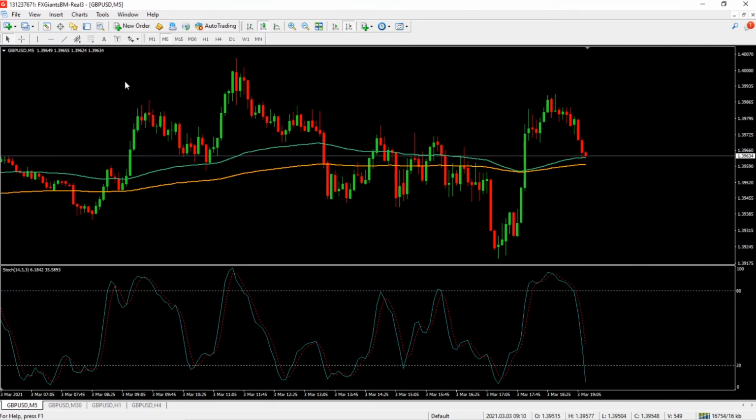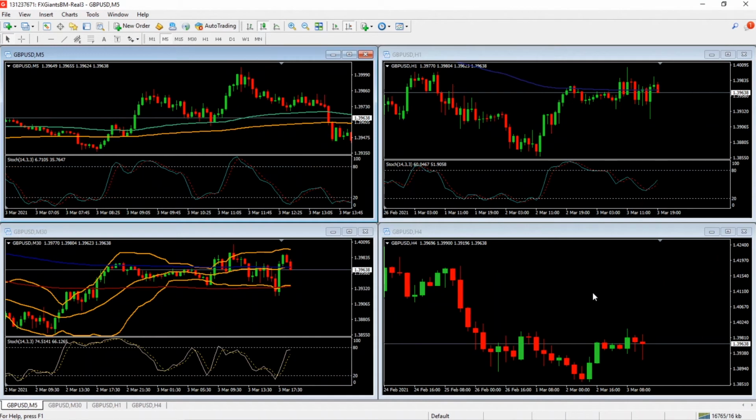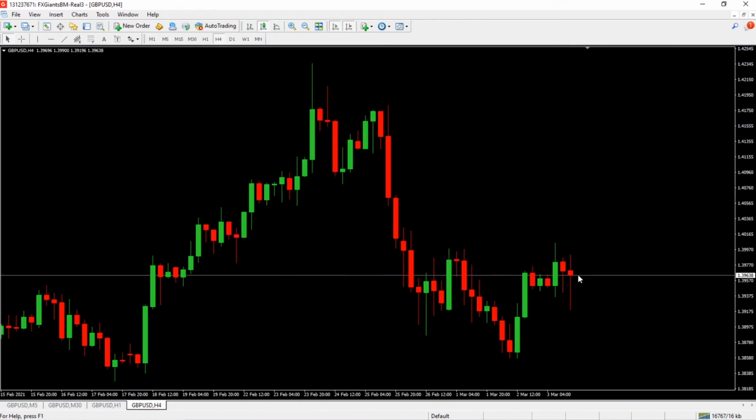Take for instance, GBP USD on the 5 minute time frame looks like the market is going down, and once you jump in and place a sell trade, most likely you will end up losing, because on the larger time frame, the GBP USD 4 hour candle is experiencing a pullback, meaning it's likely to continue the previous trend, which is an uptrend,